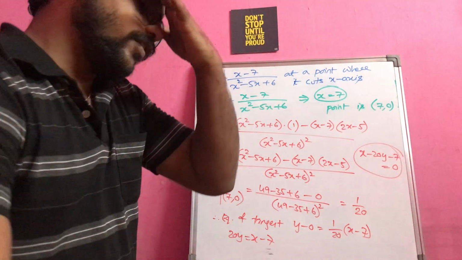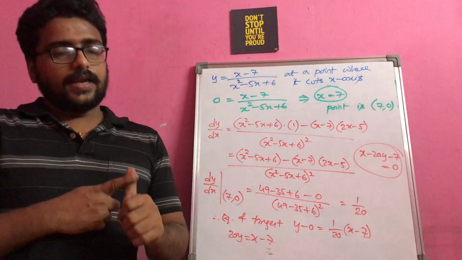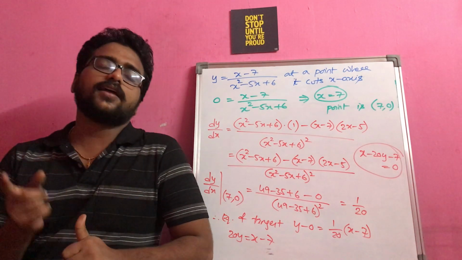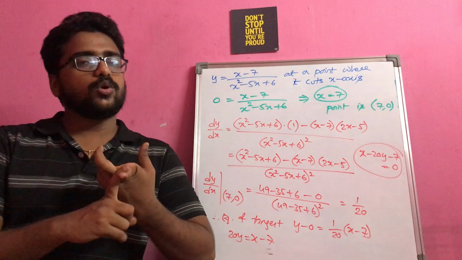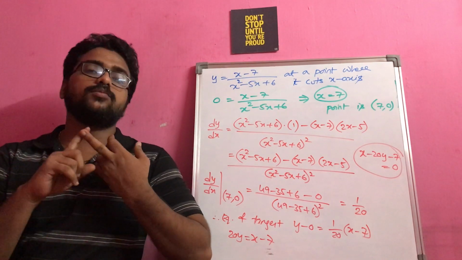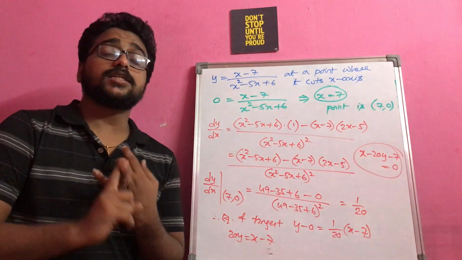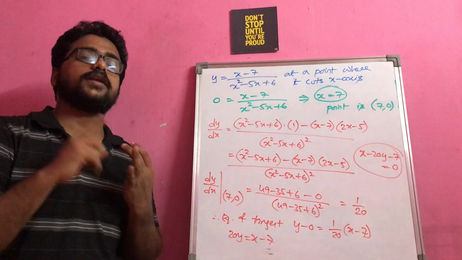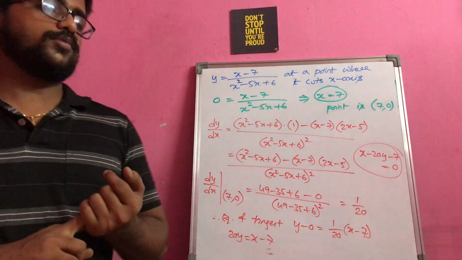So the takeaway from today's class is, the first thing, for finding the equation of a tangent or angle of intersection, the point of intersection is important. Then slopes are important. Make sure that the slope is not a variable, it should be a constant. And last but not the least, you should use the correct formula for getting the required solution. Right? So these are the takeaways from today's class.